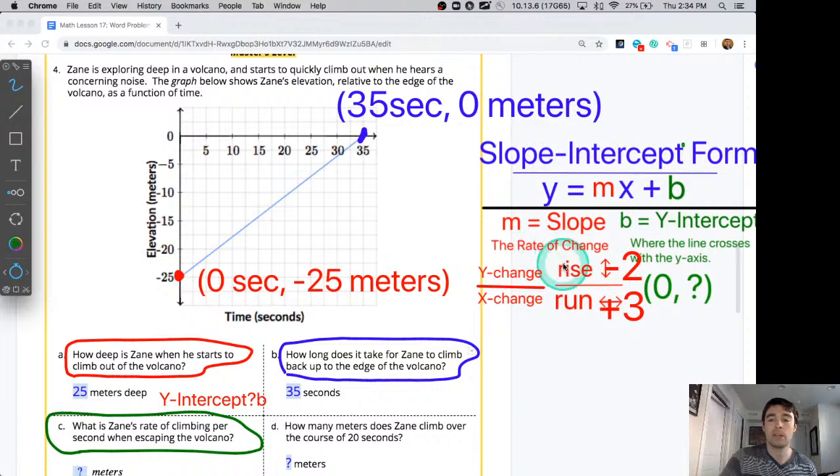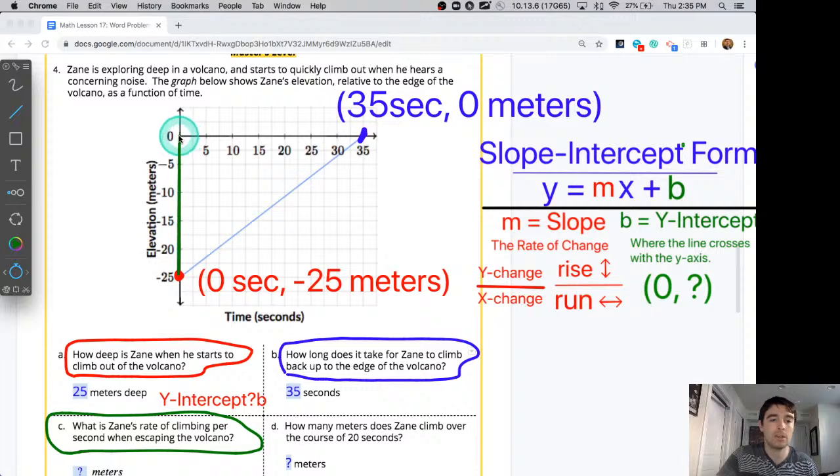And to measure the rate of change or slope, I've ultimately got to have 2 data points to measure the rise over the run. And here we have those 2 data points already. At the beginning, at 0 seconds, he's 25 meters below. By the end, at the 35-second mark, we're back to the top. We're at 0 meters. So I'm going to draw in green here